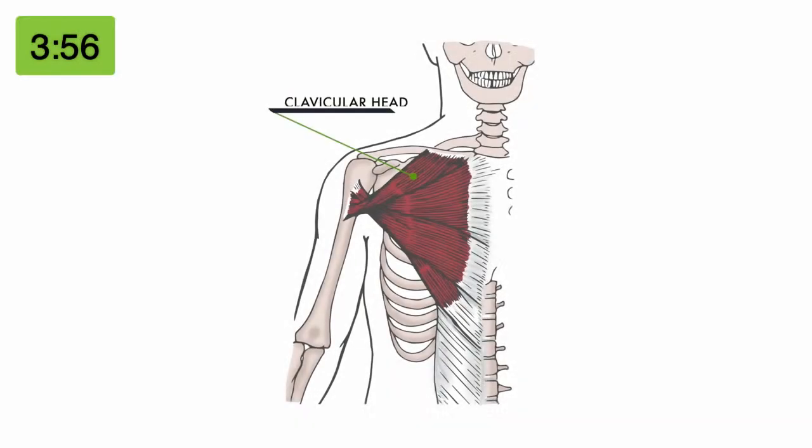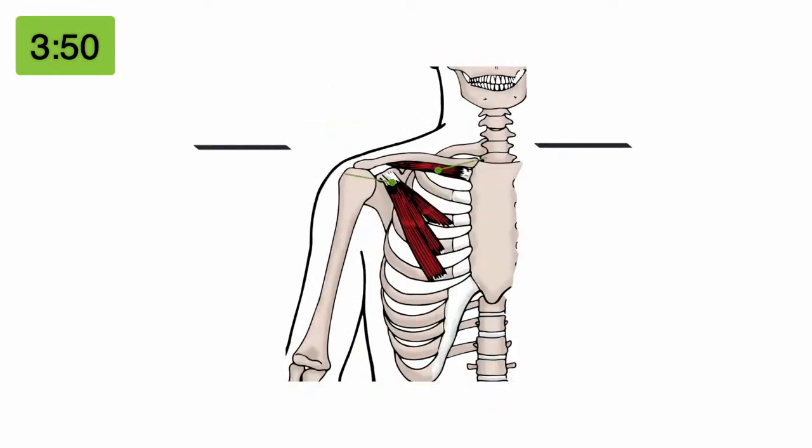The pec major originates from the clavicle through the sternum and then inserts outside on the humerus. The pec minor inserts from the 3rd, 4th, and 5th rib up to the acromion process. When these two muscles are over-facilitated, they pull the shoulders forward. So let's take a look at how to release these muscles, enabling you to pull your shoulders down and back